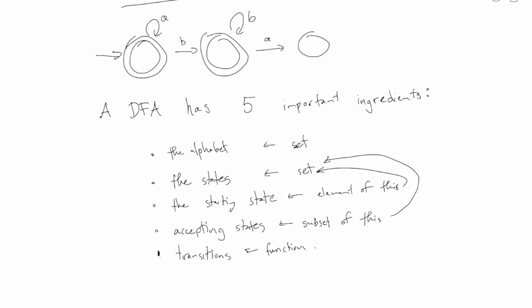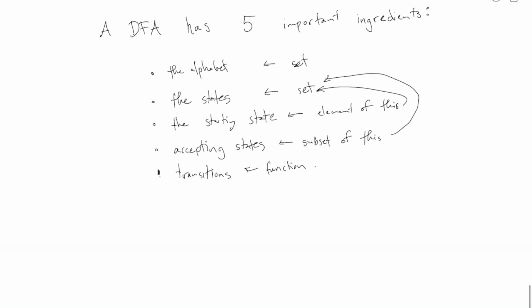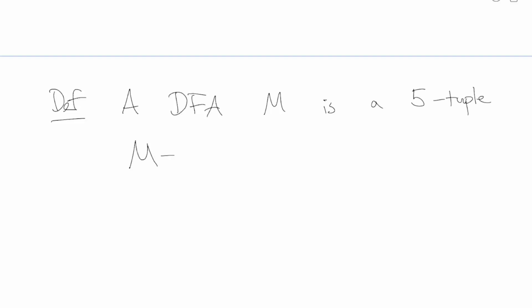All right? So I'm going to tell you the true definition now of a DFA. It has 5 ingredients. So here's the true definition. A DFA, deterministic finite automaton, which I will call M, is a 5-tuple. M equals. We're just going to take these 5 things and bundle them together into a tuple. And we're going to call them this: Q, sigma, delta, Q0, and F. Where,